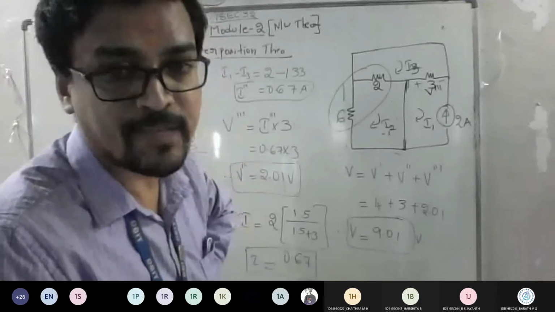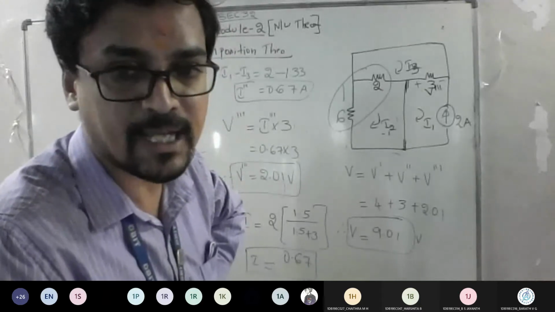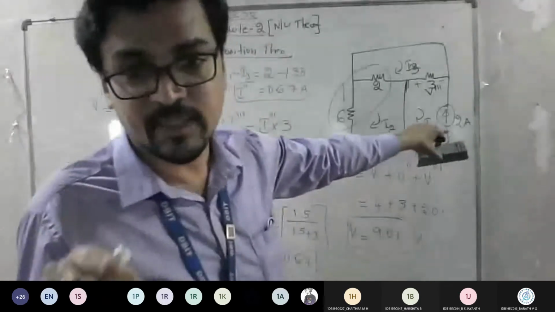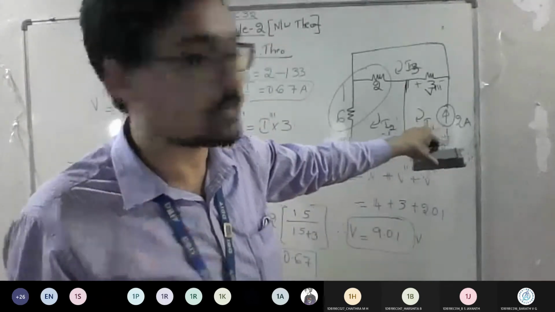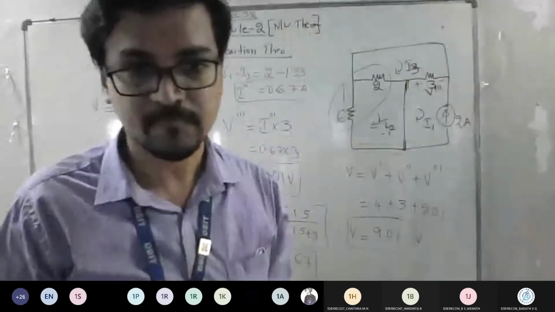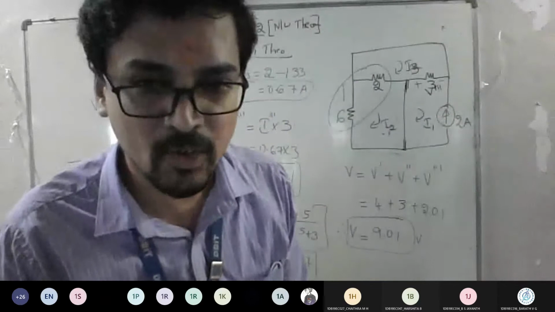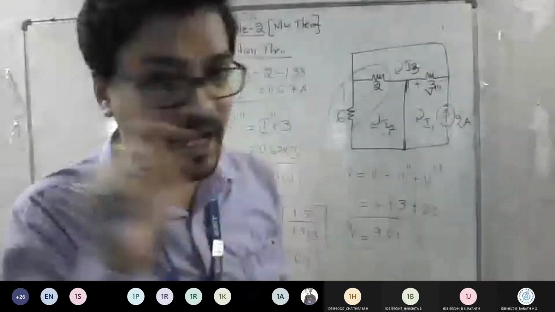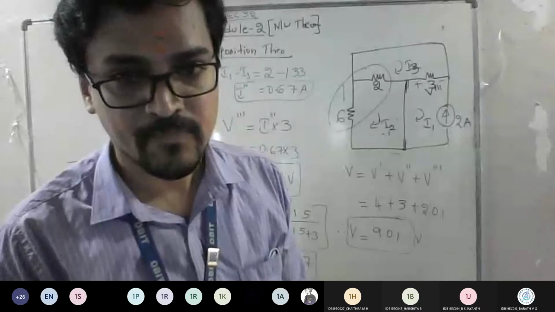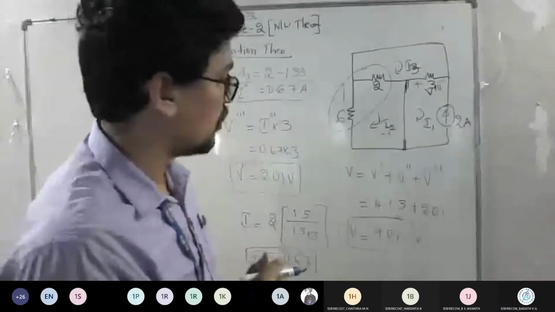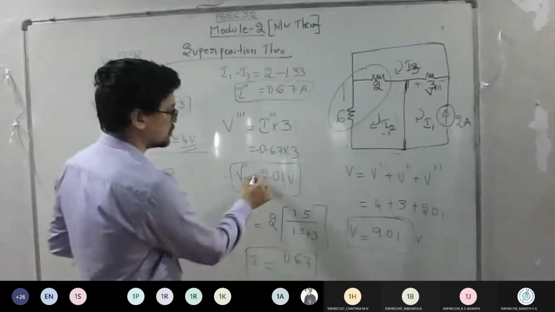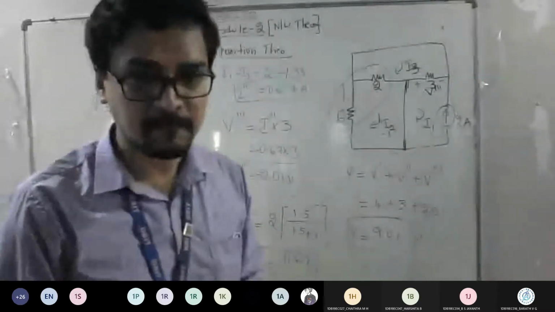Very good. So this time you are not supposed to make the current positive. Why? Look at the direction given in the question. If the direction was given in the question, you have to stick with the same thing. And look at the assumption I have made. Are both in the opposite direction? Yes or no? Yes, sir. So it means I will get I1 as minus 2 amp. Am I correct? If you solve that, whatever answer you get, it is minus of this, so minus 2.01. Am I clear?